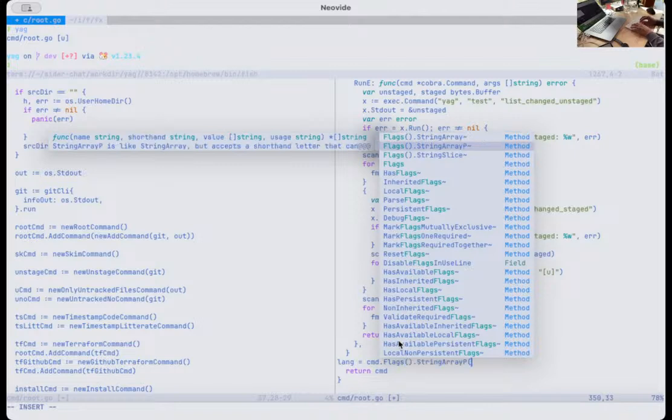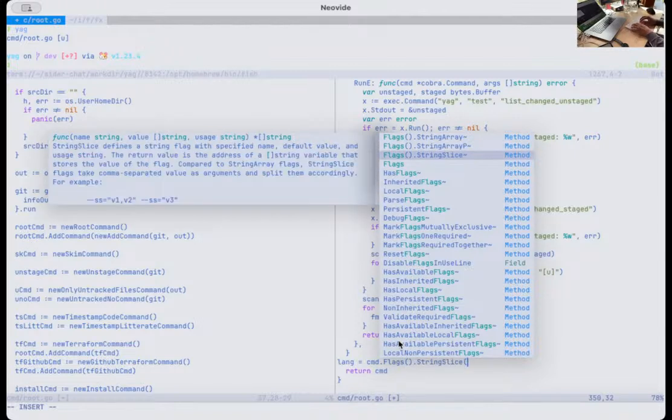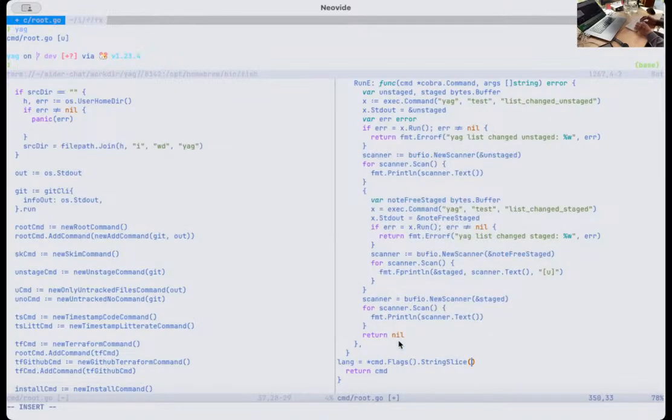And there is a difference with a string slice. The string slice defines a string flag with a specified name, default value, and usage string. The return value is the address of a list of string variable that stores the flag. So that's exactly what I want here. It's more a string slice than a string array,